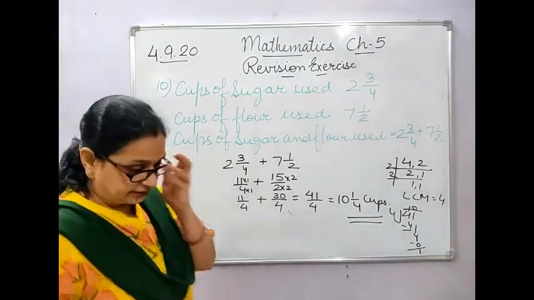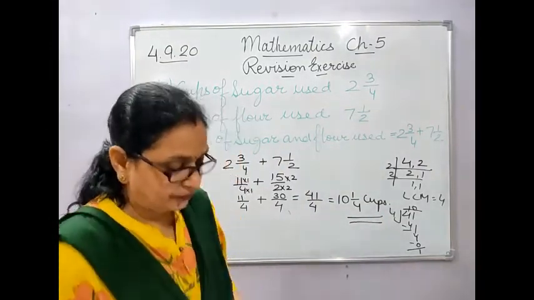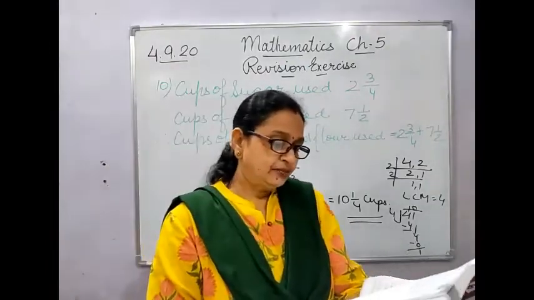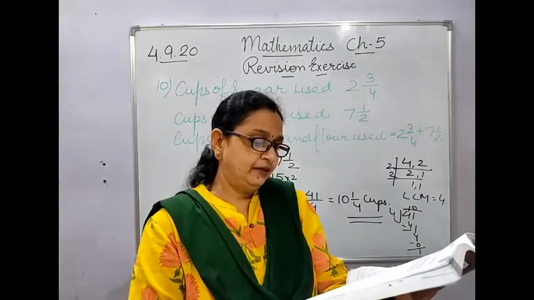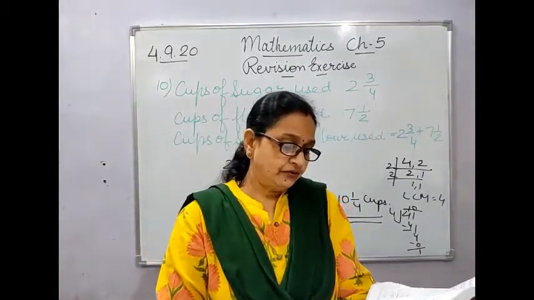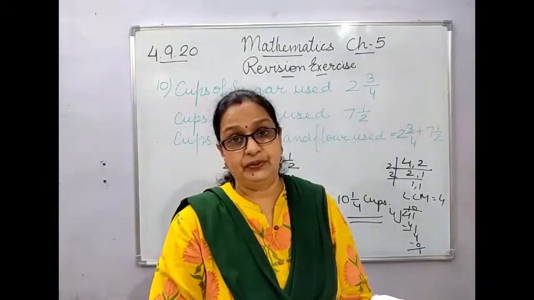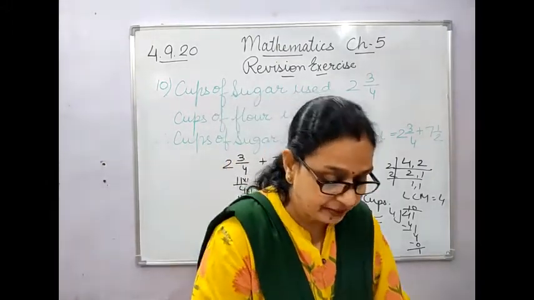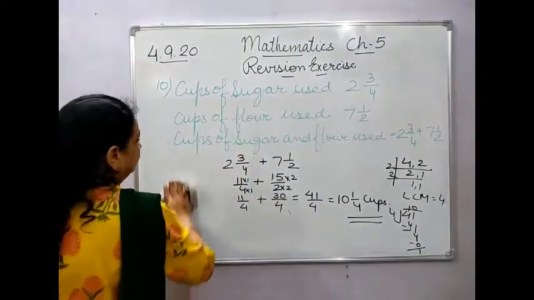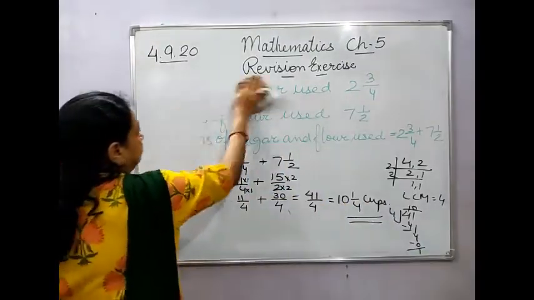Okay, the next. On Puneet's birthday, his mother gave 1/10 of the cake to each of his 7 friends. What fraction of cake remained undistributed? This is slightly different. First you try to understand what we have to do in this, then I'll go.